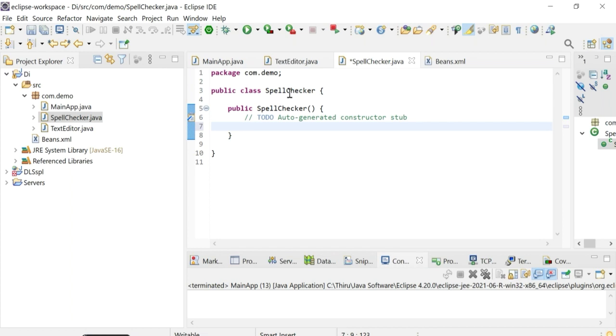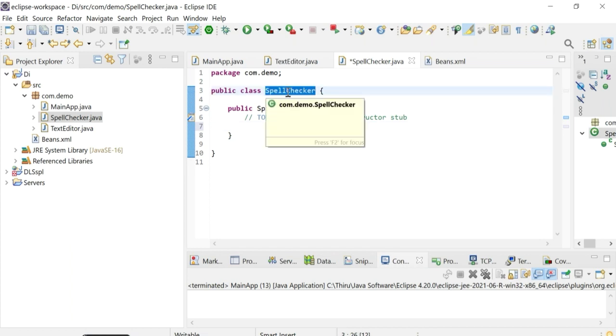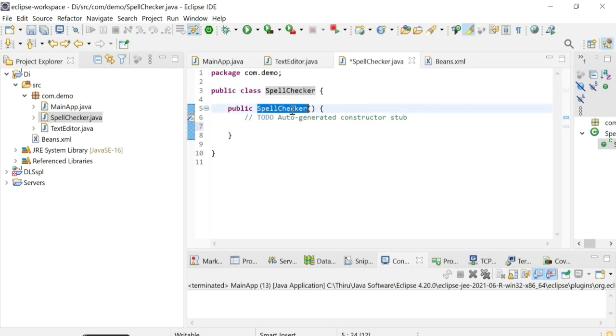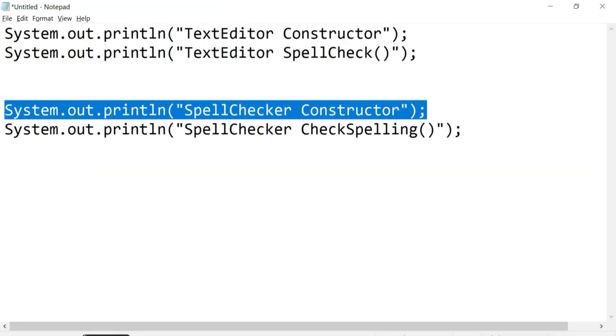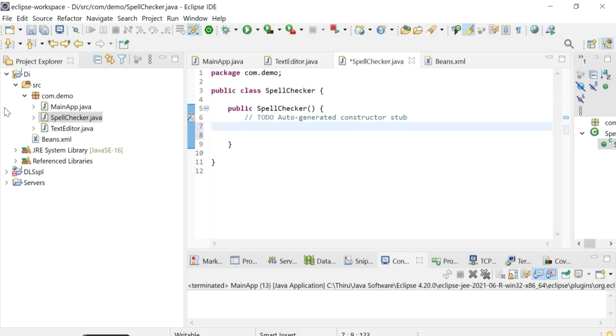Here, now we are in the spell checker class, the constructor is here, right? In this we need to give a text. This text will be displayed as the output in the console when the spell checker object is instantiated. So that is spell checker constructor, right?